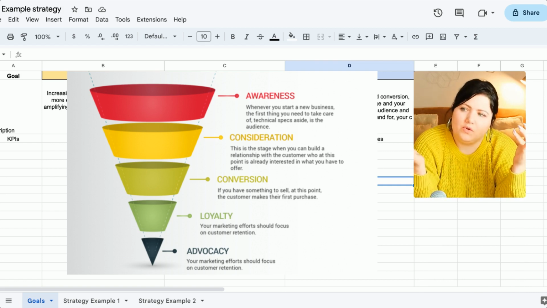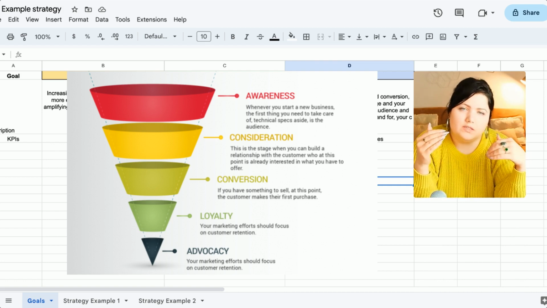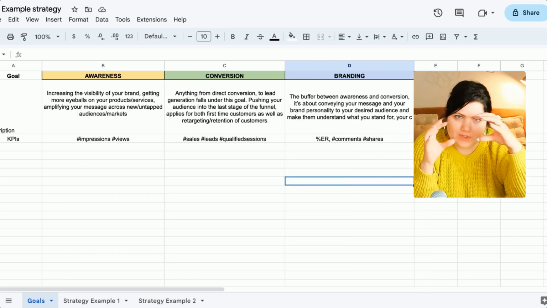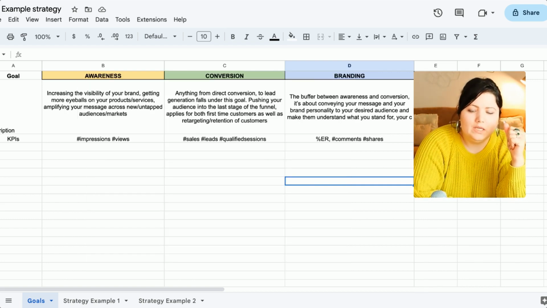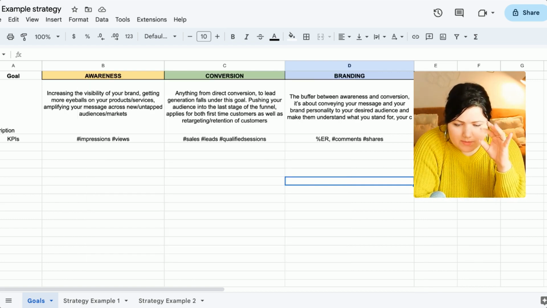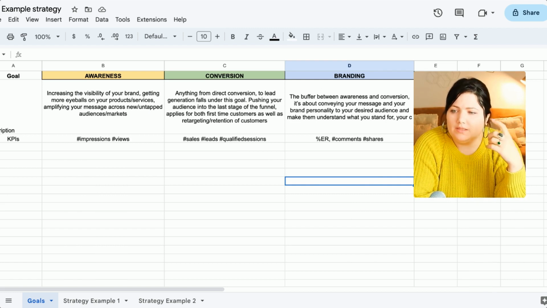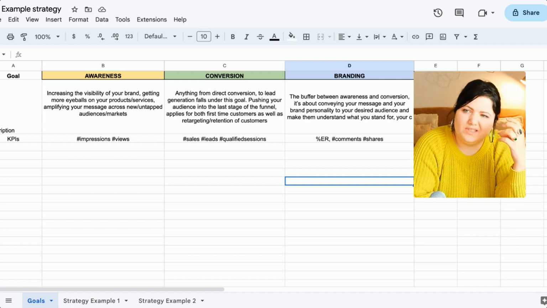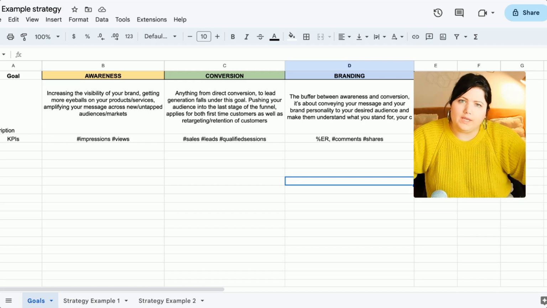If you're familiar with the stages of awareness, that's again top of the funnel. That's where I would put it in there, right? Now, I've also put down some KPIs. These are just very, very general KPIs. So again, depending on your business model, depending on what you sell, these might change, but this is what I go for: impressions, views, anything that relates to how far and wide that content is reaching, but also,